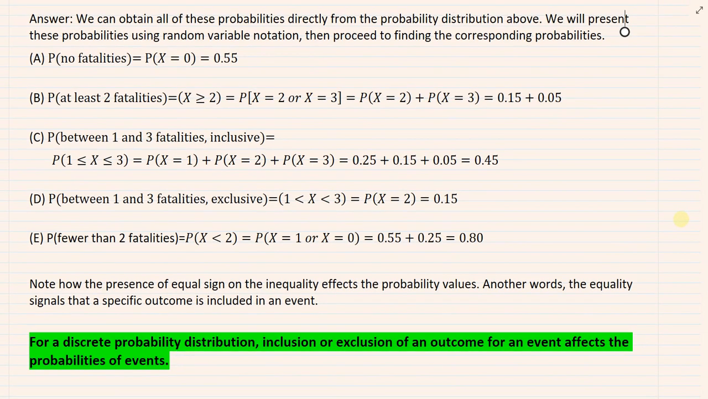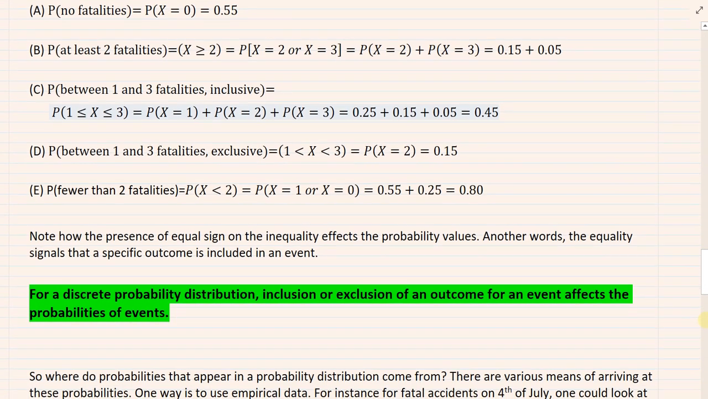So, based on what we just observed, look at parts D and C. Both of them have between 1 and 3. One includes the endpoints, the other one excludes them. And note, the probabilities are way different, right? We have 45% probability versus 80%. So whether we include the endpoints makes a big difference in the case of a discrete probability distribution. For a discrete probability distribution, whether you include or exclude an outcome, it will affect the